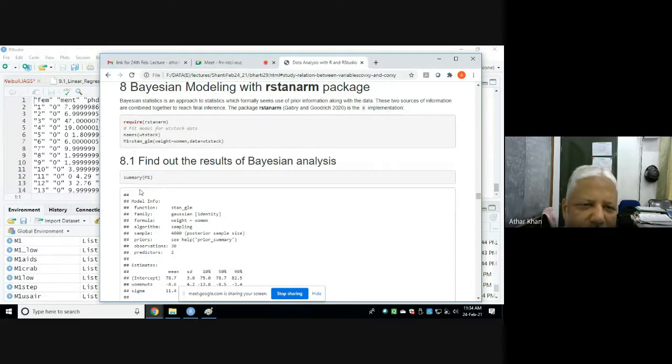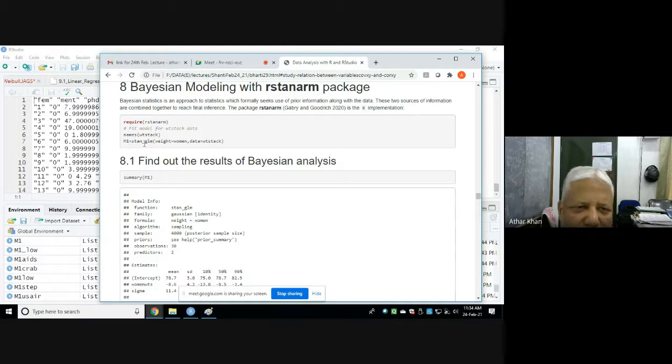Here it will be GLM, generalized linear model, as in classical, and stan underscore GLM is the Stan implementation in rstanarm.